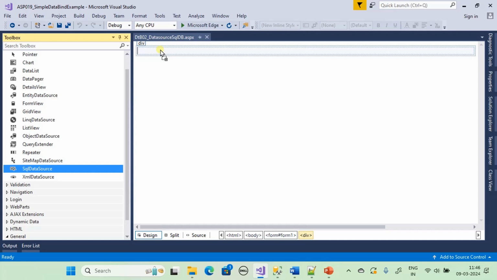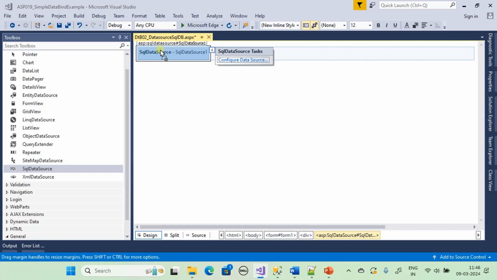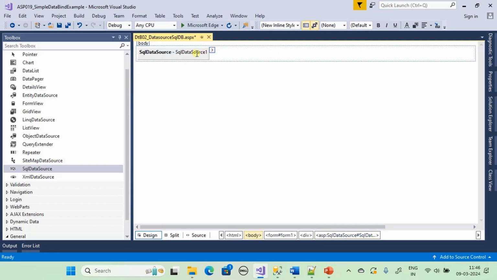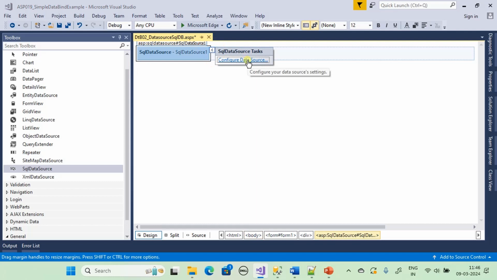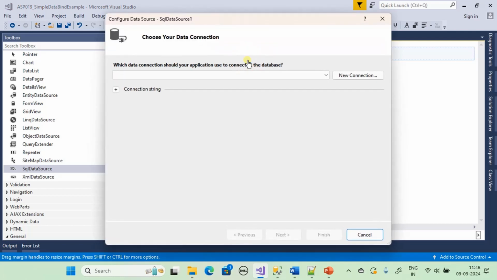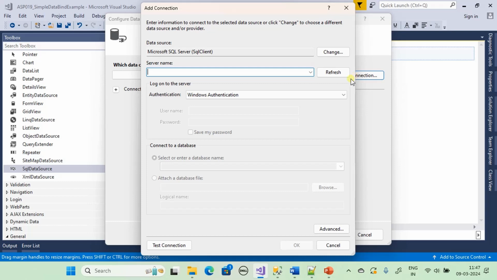So the control, using the wizard based setup, we can configure connection as well as commands. Alright, let me drop it here, and you can see this is our SQL data source control. So once you drop it, you can hover the mouse at any time here and click on this arrow and choose configure data source. This will open the wizard. Click on the new connection, then